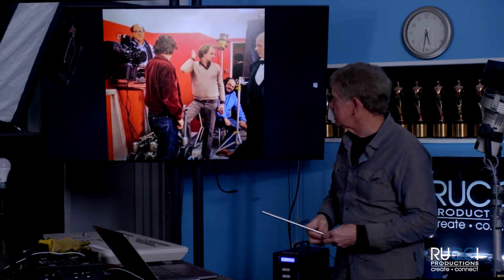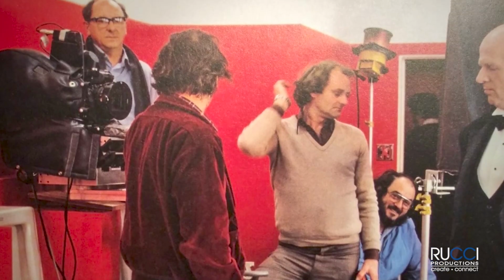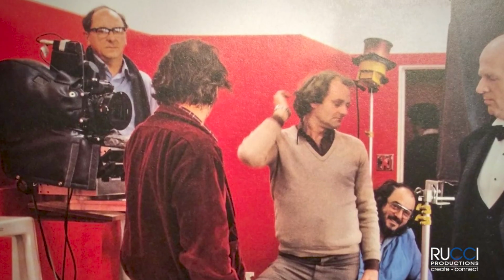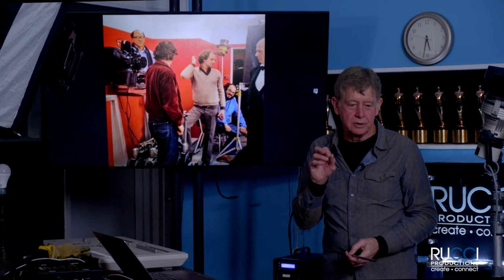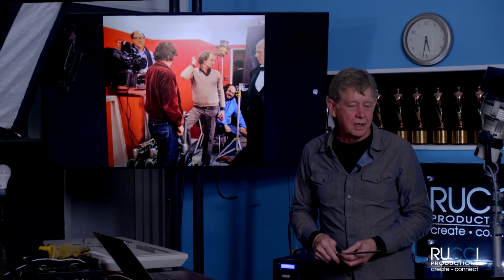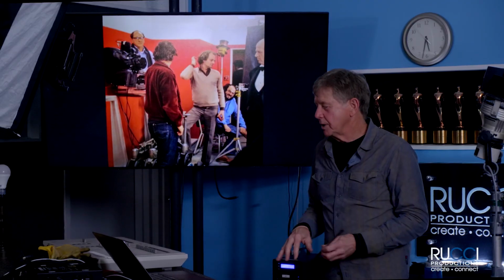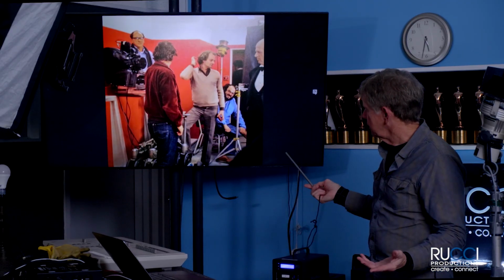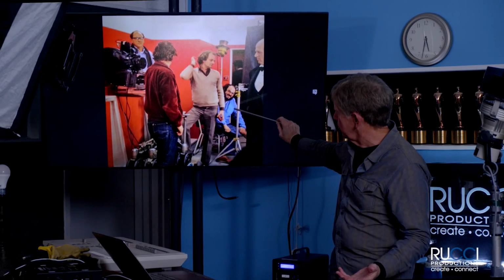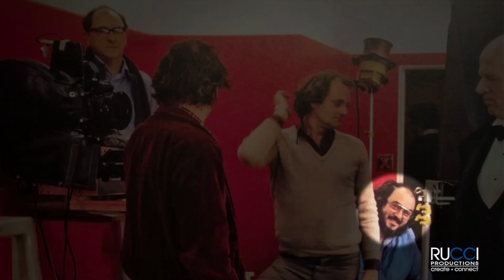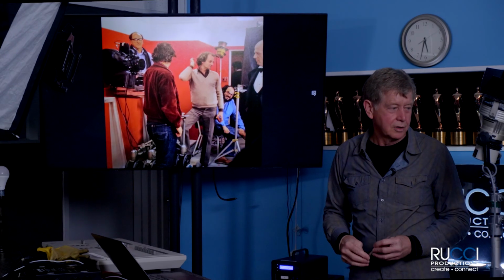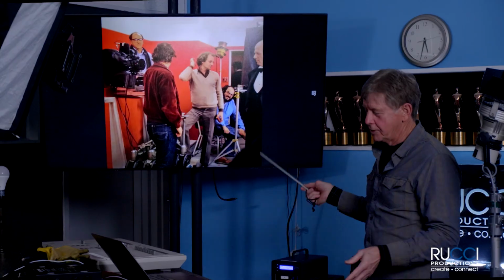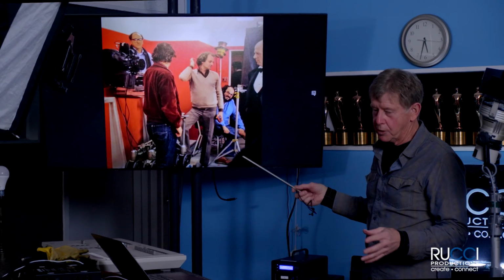So this is on the set of The Shining. Have y'all seen The Shining? The movie The Shining? Okay, it's widely considered the best horror movie of all time. Not super bloody, it's got blood, but a psychological horror movie. But this is on the set of The Shining, and this guy right here with the beard is Stanley Kubrick, who again is widely considered the greatest film director of all time. You know, nobody can ever agree on this kind of thing, but he did 2001, Clockwork Orange, Full Metal Jacket, and others. Very well-respected director, and he's very